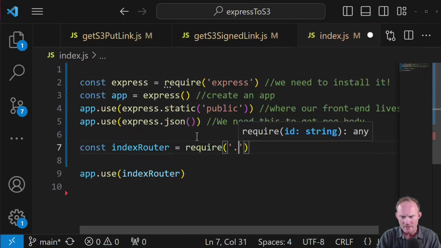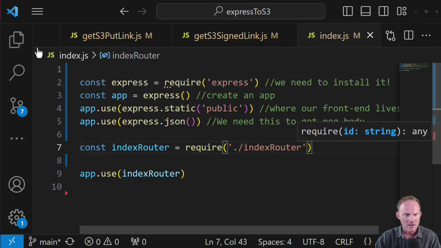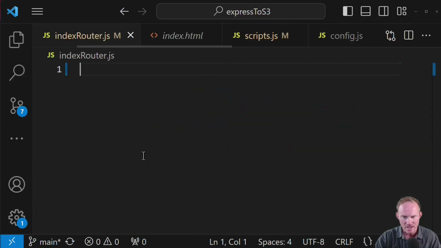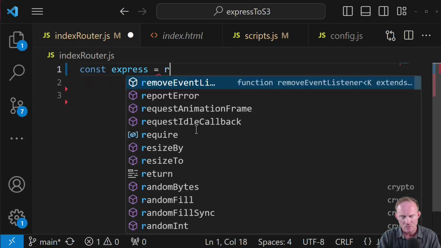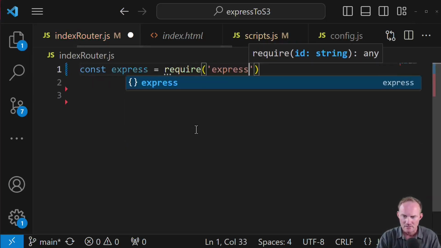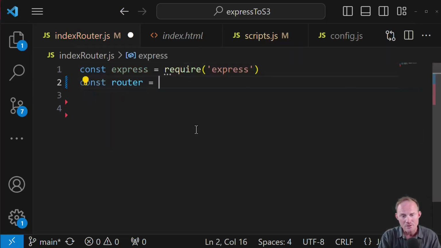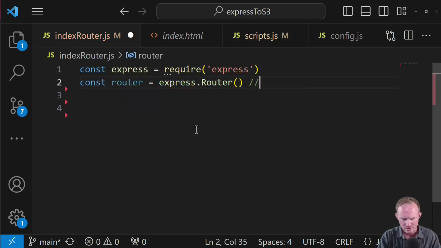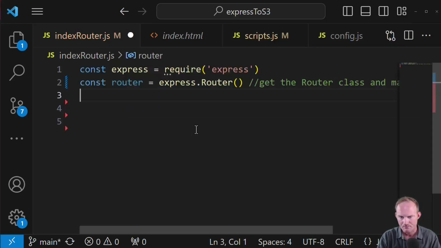Equals require ./index-router, and let's go export something there quick. So please make indexrouter.js. And over here, we are going to need the Express module. So require Express. And then we're going to need the router, which is express.Router() open close. So get the router class and make an object. So we're invoking this thing and we're storing that object inside of router, and then down at the bottom here,